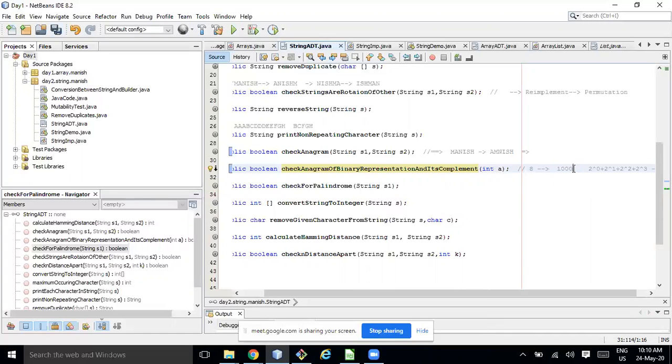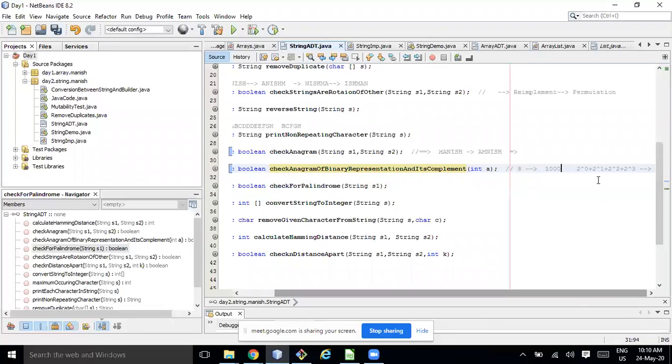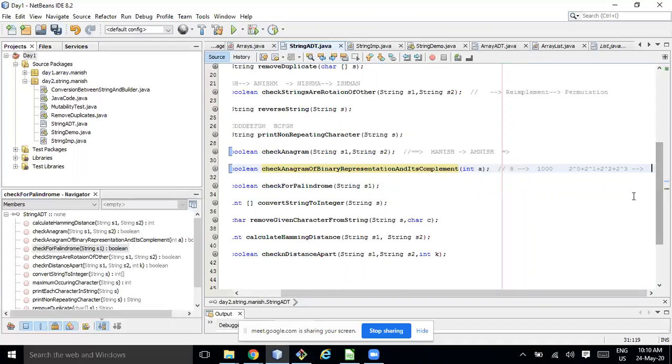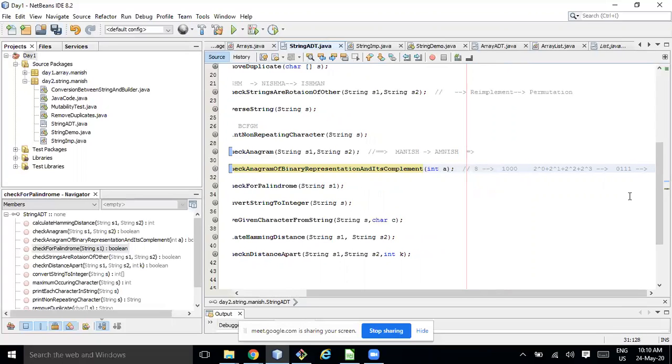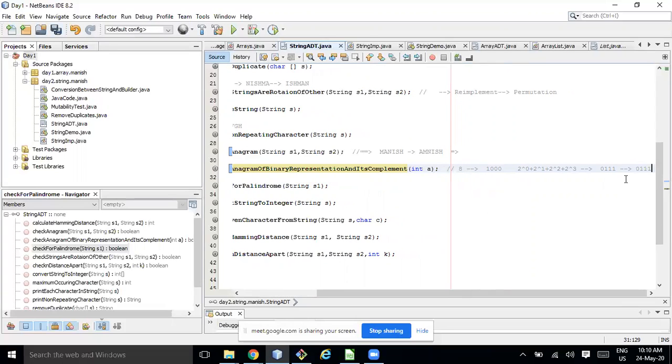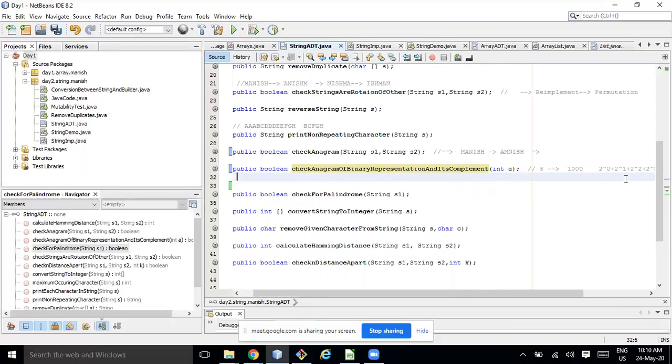Inverse the bits. You mean 2's complement. Yeah, I'm asking for 2's complement. The 1's complement is simply reversing the bits, so it will be 0 1 1 1, right? Okay. What about 2's complement? I think for 2's complement, we just have to add 1. Yes, true. So it will be 0 1 1 1, and here let me go.